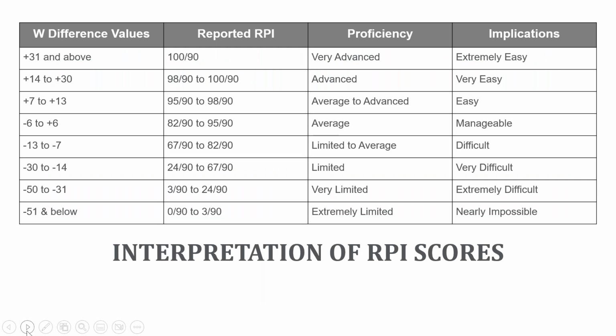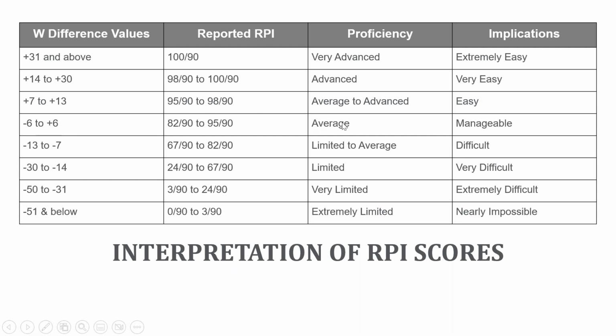So here is a chart that will help with the interpretation of RPI scores. It will give you a reported RPI, the level of associated proficiency, and then the instructional implications on how that student might find tasks of similar type. There is another column of W difference values, which is only included to illustrate, as you move from that average